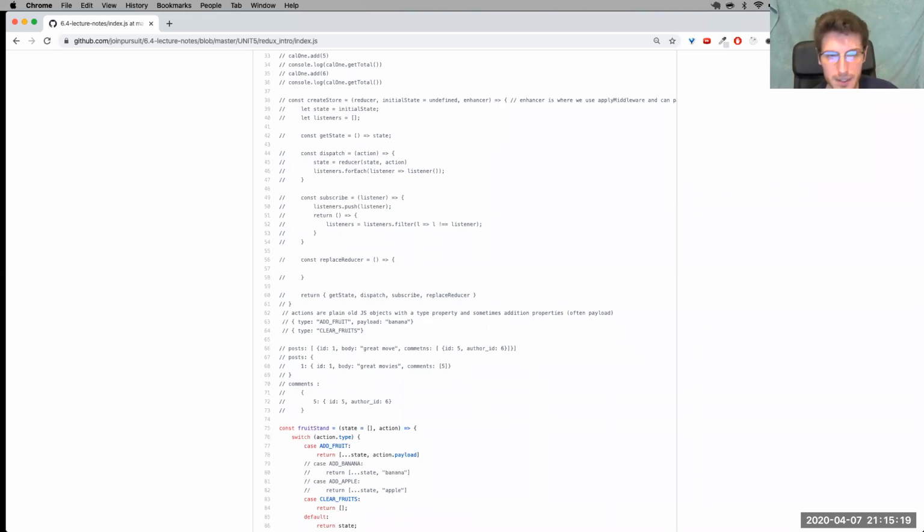Okay, so that's that. The next thing I wanted to talk about here today is, so far we've just been living in this world of synchronous code, right? Everything we've done has been synchronous, which has been cool. It's been nice. But there is this idea in Redux where sometimes you want to do things that are asynchronous, right? So maybe we want to interact with our database, and whatever we get back from our database,